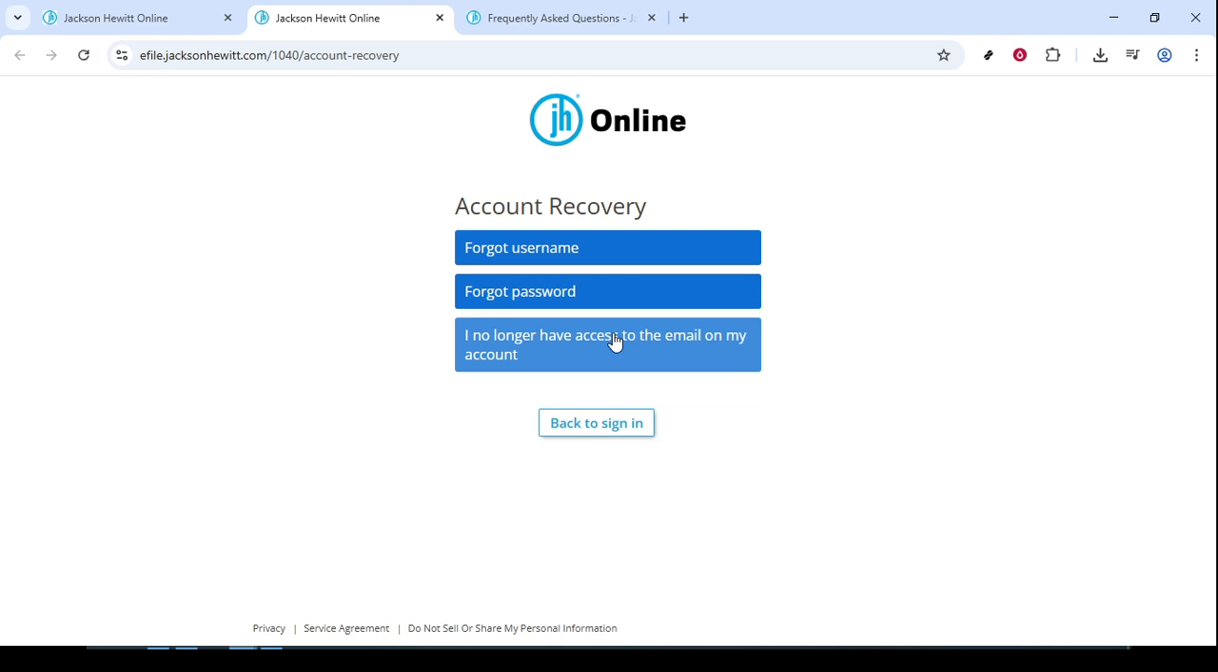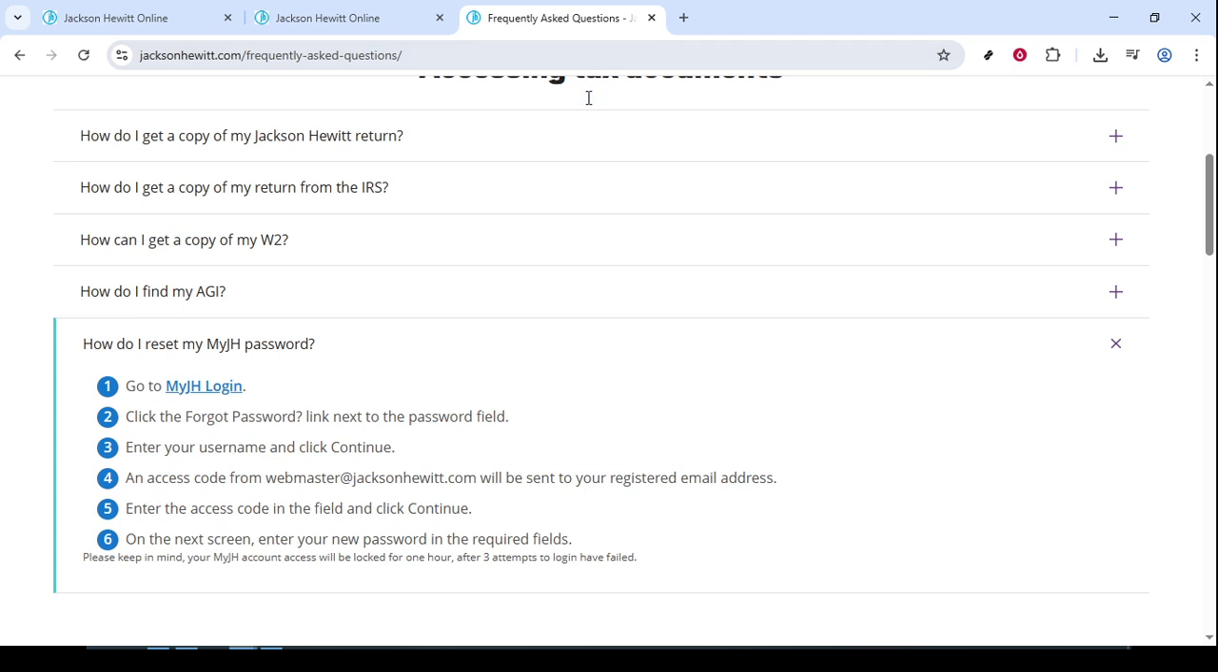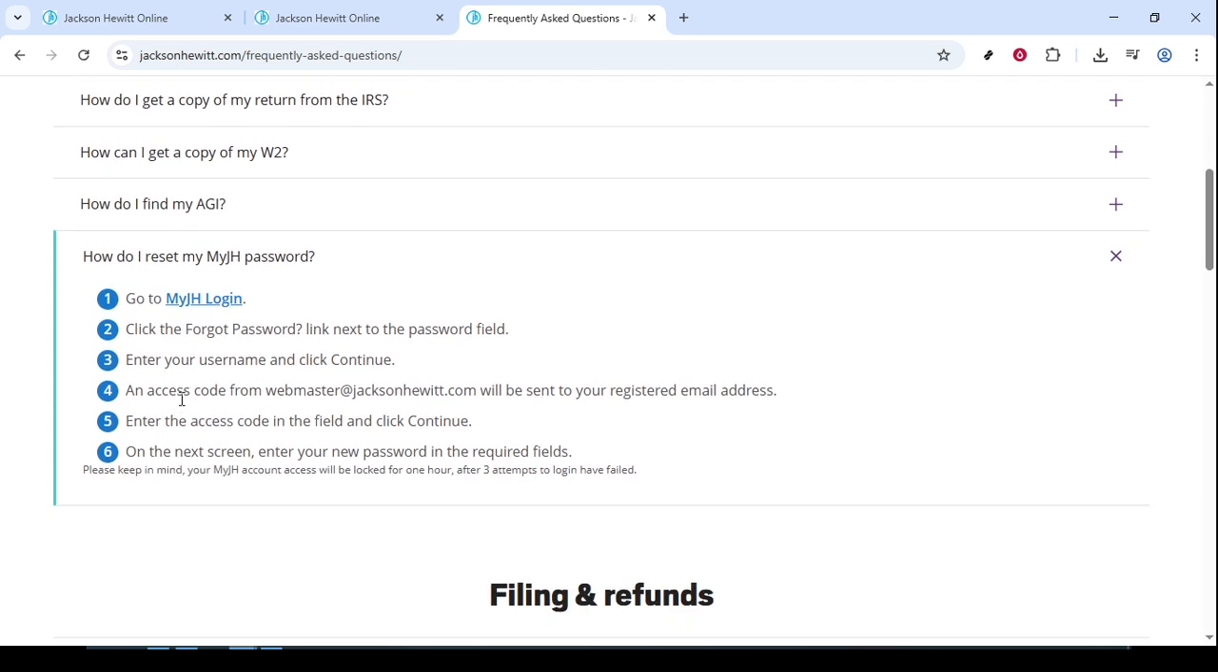If you're curious about resetting your MyJH password specifically, there's a section dedicated to that too. You just need to head over to the MyJH login page and look for the Forgot Password link next to the password field. Click on it, and you'll be prompted to enter your username. After that, click Continue. Shortly, an access code will be sent to the email address that's registered with your Jackson Hewitt account. Be on the lookout for an email from